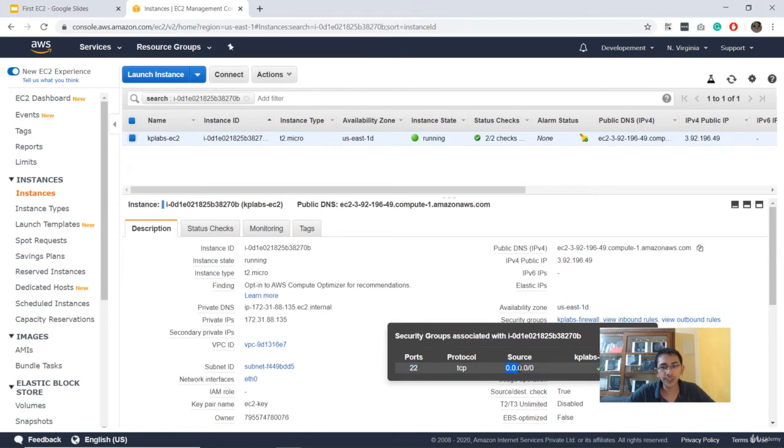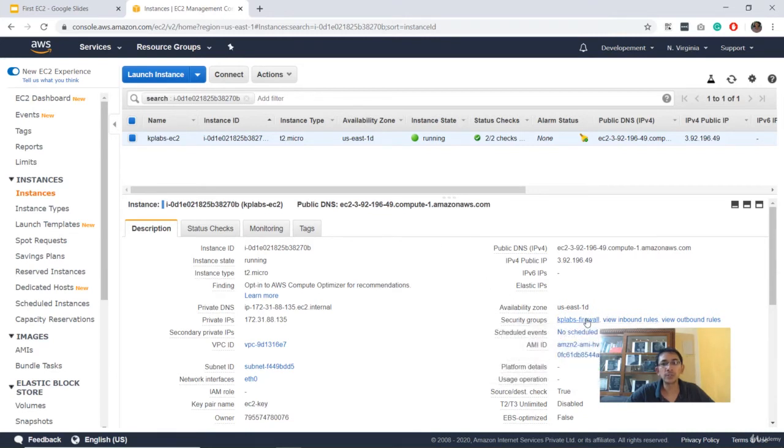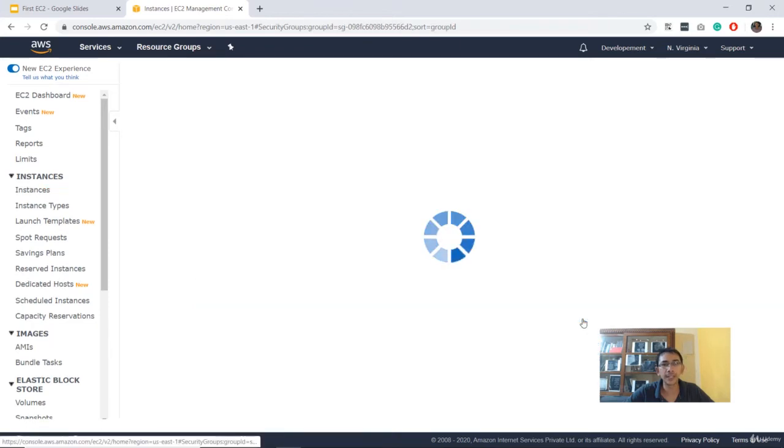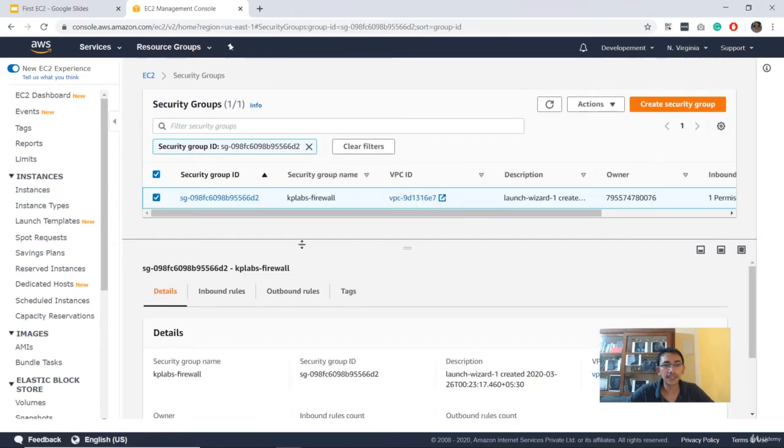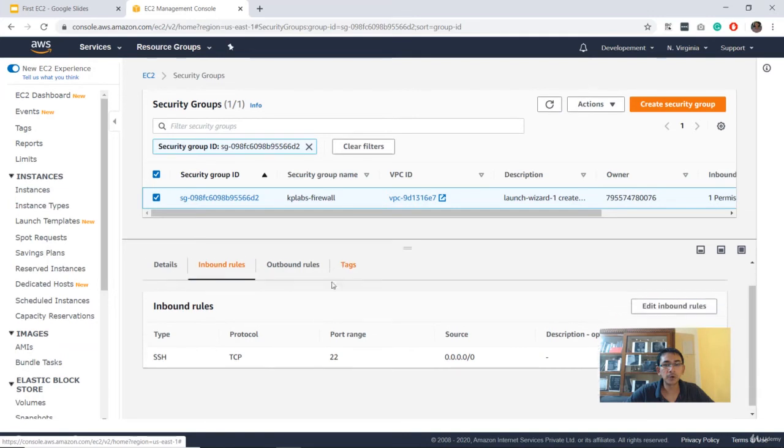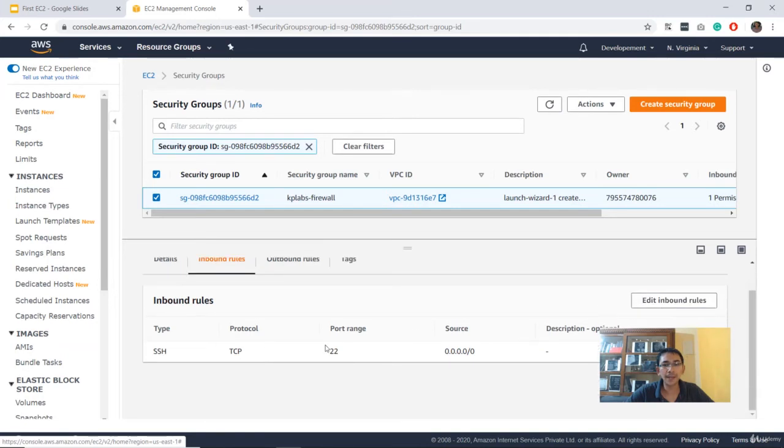So when you do 0.0.0.0/0, that basically means allow from the entire world. In a similar way, for the website, you have port 80 which is used. So you have to allow port 80 also within the security group. Within the inbound rule, you will have to add port 80.